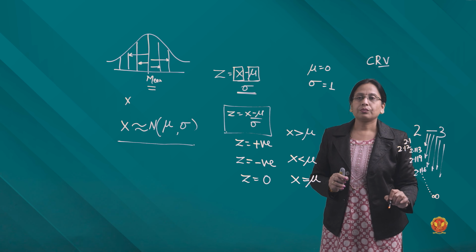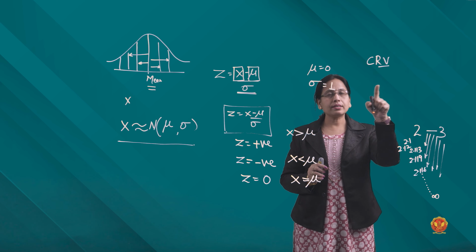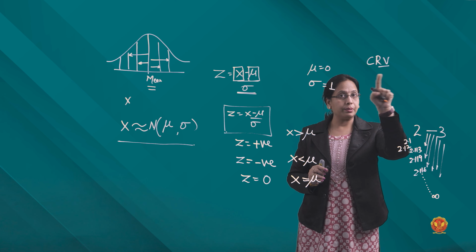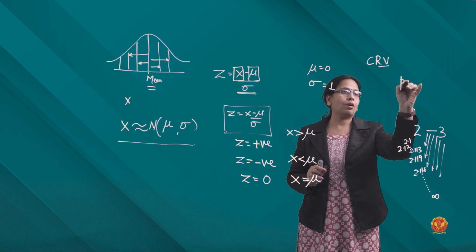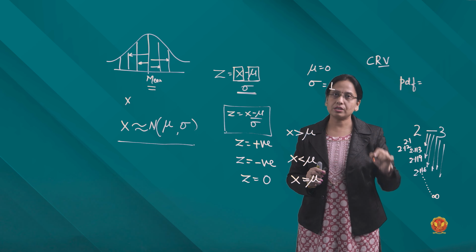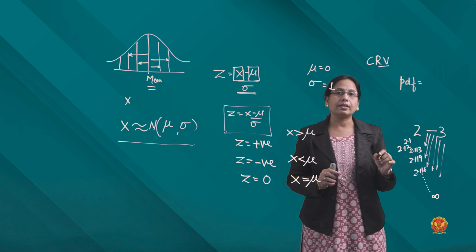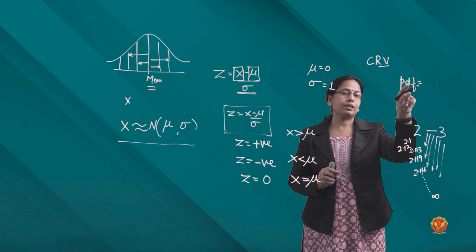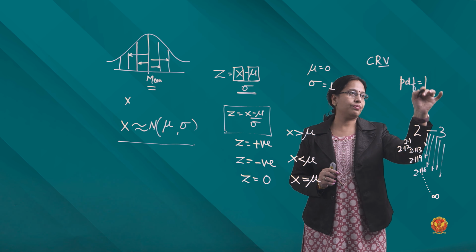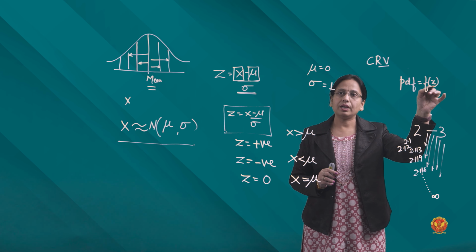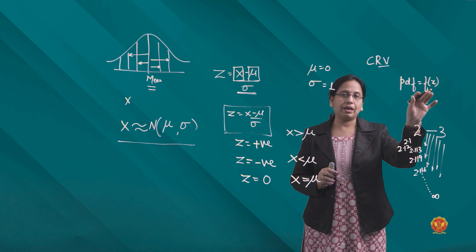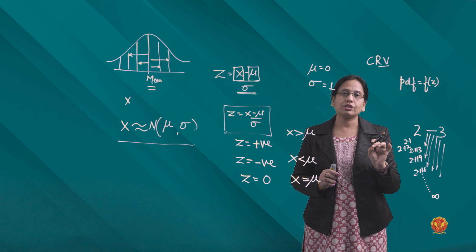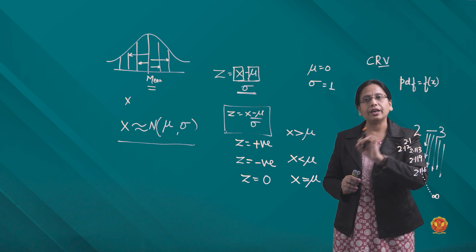So, first concept, x is a continuous random variable. Second, it takes care of the function, the function that is the density function. It is a probability density function and it is defined as f(x). It is a concept of f(x), which is the density function, and we integrate from a value a to b.